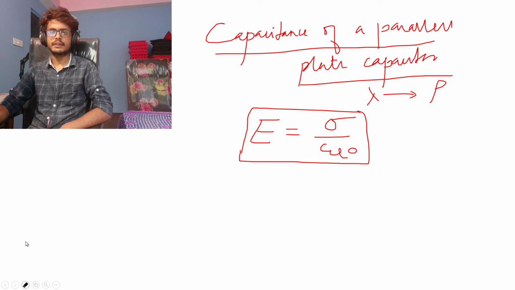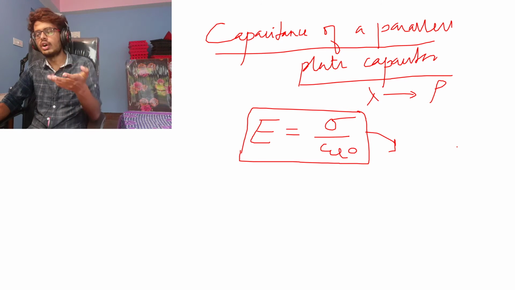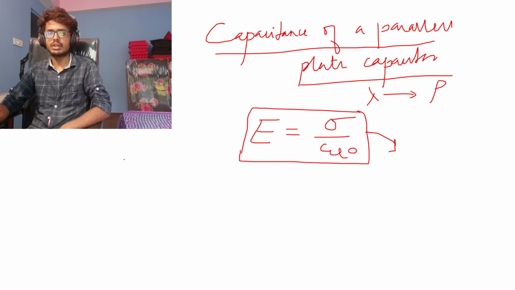But the only addition you need to add to this formula is a dielectric. A dielectric is anything that does not allow the flow of current between it. So if I have a positive plate here and a negative plate here,